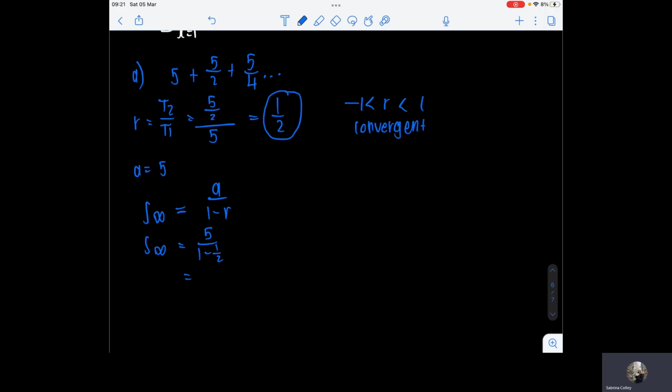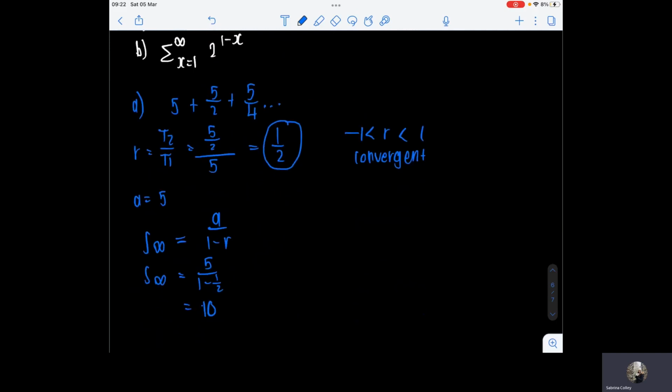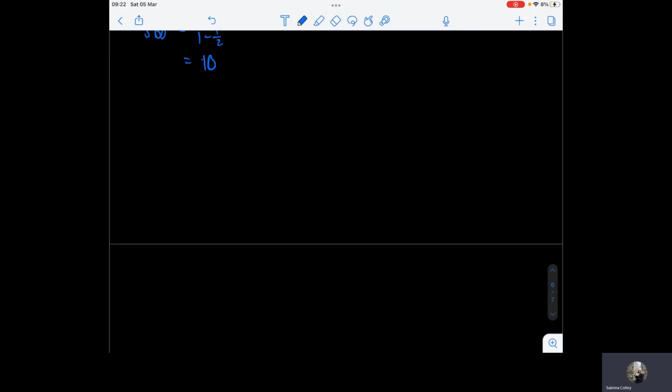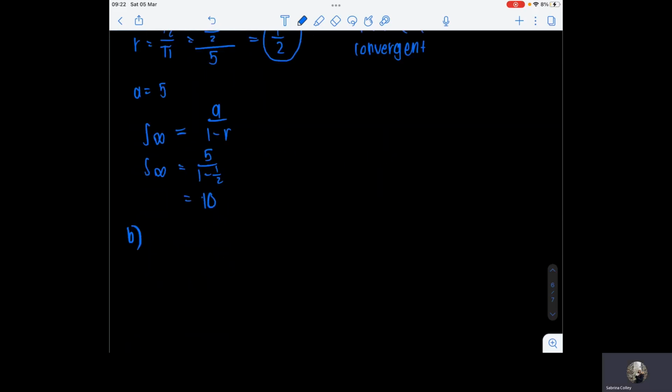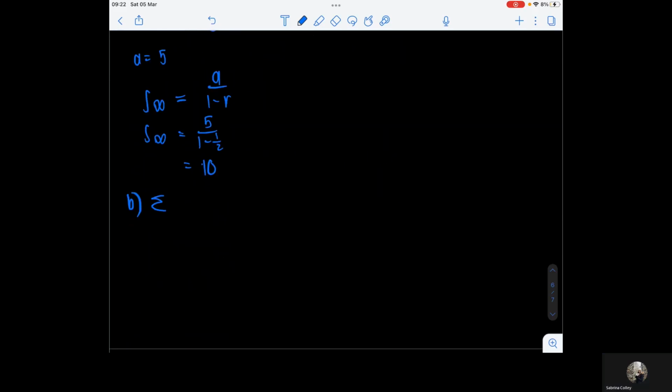So 5 over 1 minus a half, that's going to give me 10. So I know that this geometric series will converge to the number 10. It will end up being equal to 10. Let's do our sigma notation. Let me quickly, and then after this,